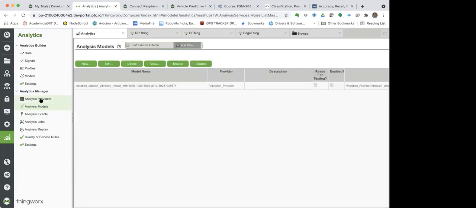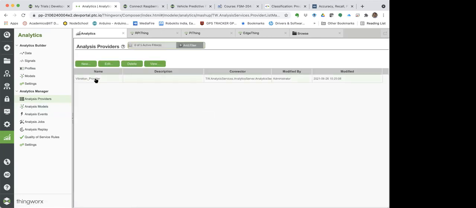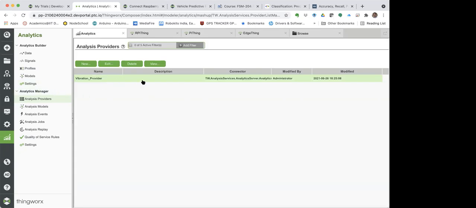Yeah, so let me go with the same example. What I have done right now is create this vibration provider over here, based on the same steps I was just explaining. I have used this service connector in this case, and here I'm just defining the vibration provider actually. That's all. I have not yet defined which model it's supposed to use, just the vibration service provider.